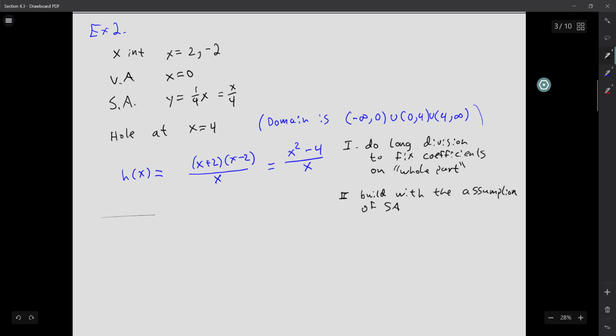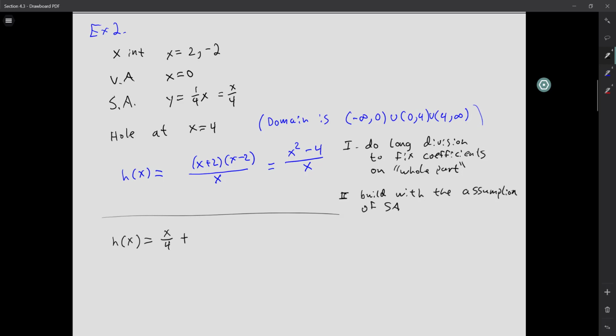So let me show you what that looks like. I know I have a slant asymptote of 1 over 4x. So I'm going to write h of x equals 1 over 4x, or x over 4, plus, so that's going